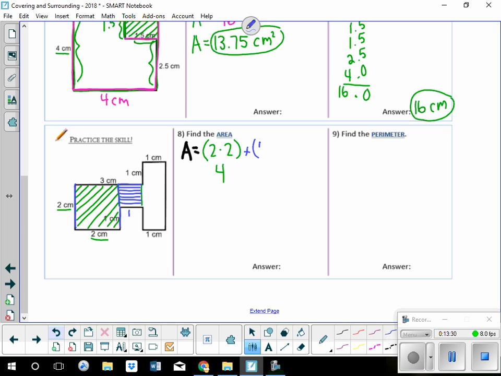Okay, the last piece that I want to do is this in pink. Also here, I see that this is 2 and this is 1. So add those together, that gives me this whole piece right here, which is 3. So 3 times 1, that part in pink is 3. Oh, I forgot to do the part in blue. So 1 times 1 is 1. When I add those all together, I have that my total area is 8